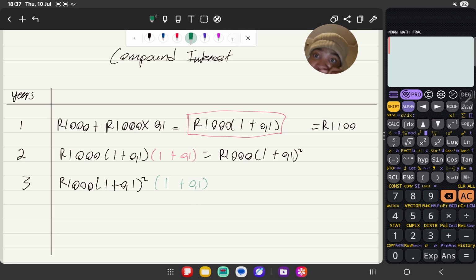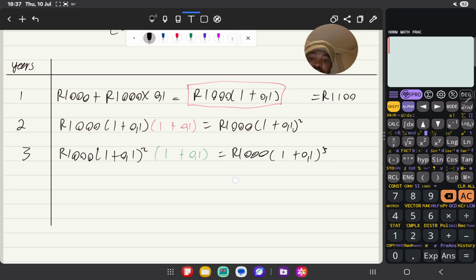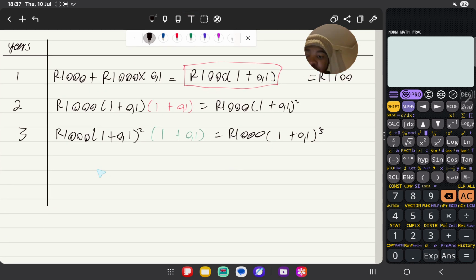And then the total will be the money I'll have at the end of year 3, right? Which you realize the total actually is 1,001 plus 0.1 to the power of 3. So from just these 3 workouts, it allows us to conclude to say, therefore, accumulated amount, which is the money